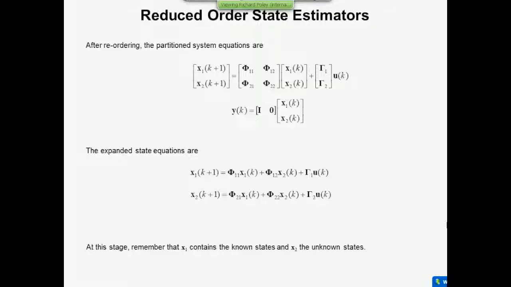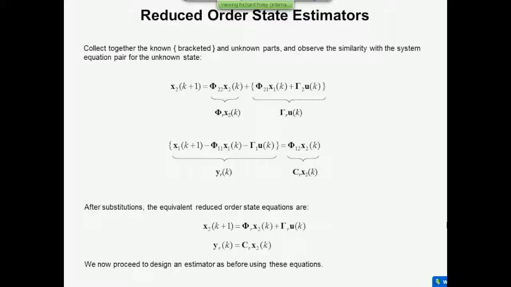Right? So what I'm going to do is bring, in the second of these equations, this term to the front. So I've got x2 of k plus 1 equals phi22 times x2 of k. So it looks like a difference equation, right? Just involving x2, the unknown bit. And then the bits over on the right are known. And then that's what the first equation is going to look like. And then the only thing that's unknown in the second equation is x2 of k, as in the first equation. So that's going over on the right.